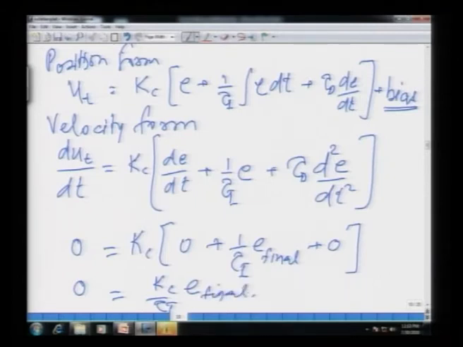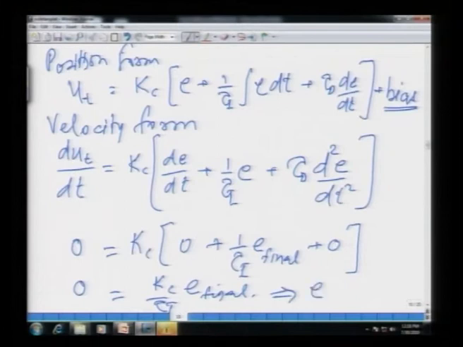For this equation to hold, for 0 to remain equal to 0, the left hand side is 0, so the right hand side should also be 0. For the right hand side to be 0, this implies that for the equation to hold, E final must be equal to 0. What does this mean? This means that